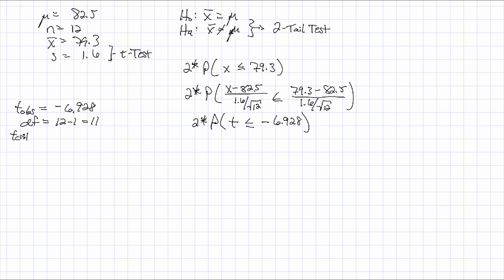The degrees of freedom for this test is our sample size minus 1, or 11, and our t critical value gets pulled from our table, and I get 2.201. This is a 0.05 column,